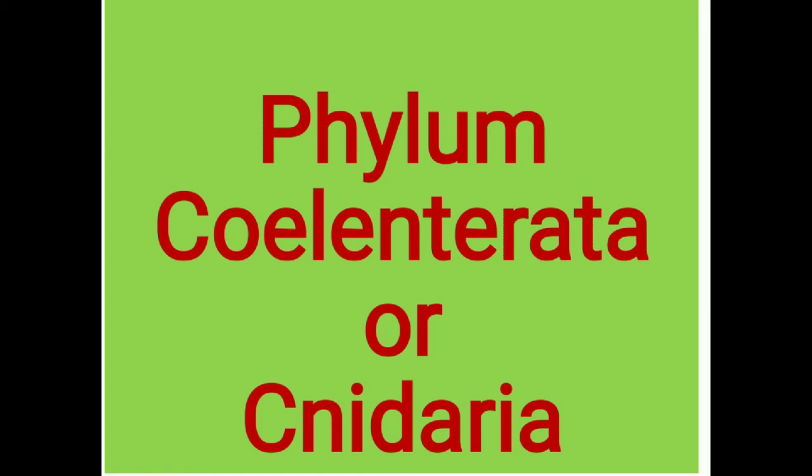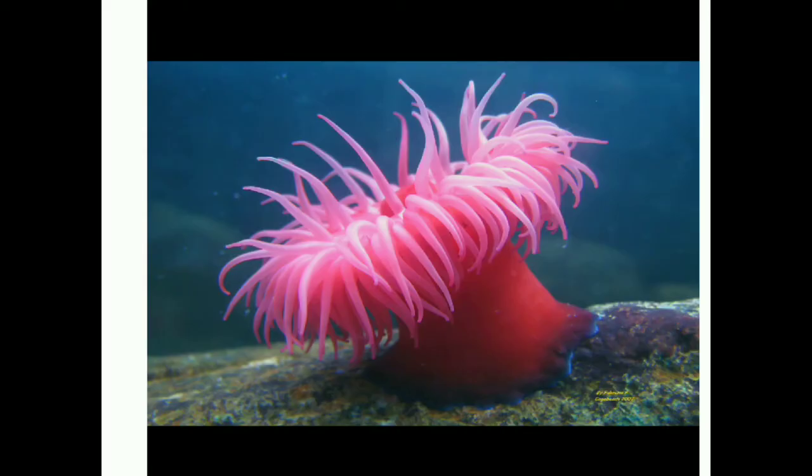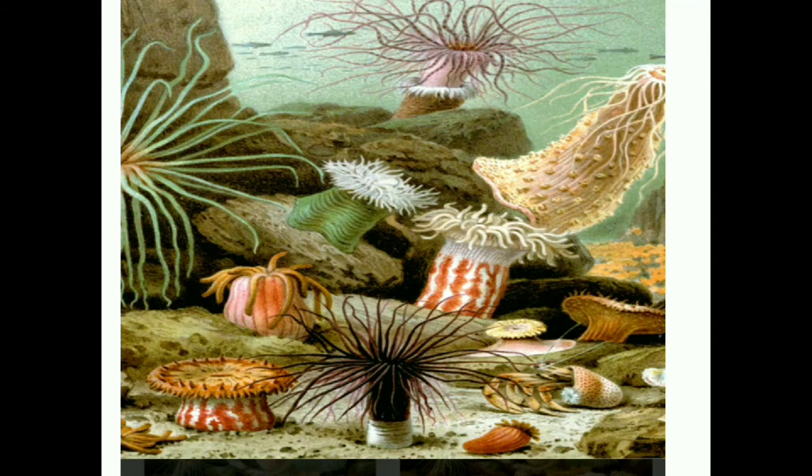Welcome students. In this phylum Coelenterata, the following animals are included. See here, the first one is sea anemone. It is in polyp form. It shows presence of mouth towards the dorsal side and it is surrounded by many tentacles. It is a sedentary animal because it gets attached to the substratum, and it is in polyp form because it is tubular. Next animal is a group of sea anemones, so they are called colonial.